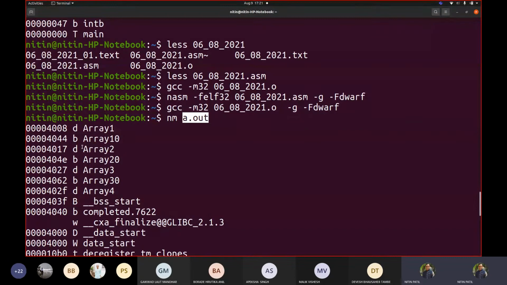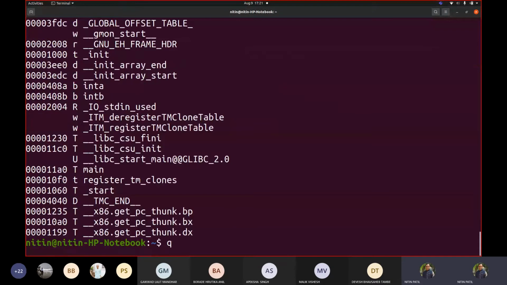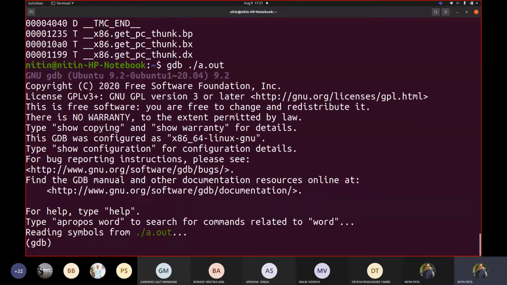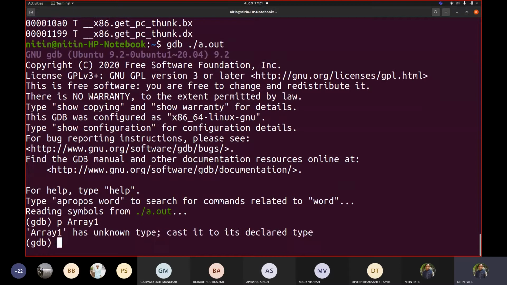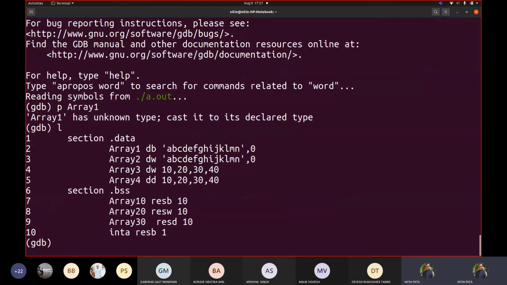And when I execute this code, suppose I execute gdb a.out. Okay, so if I go with say array 1, what it says, I don't know what exactly it is. So if I see this array, it is written as ARRAY1.